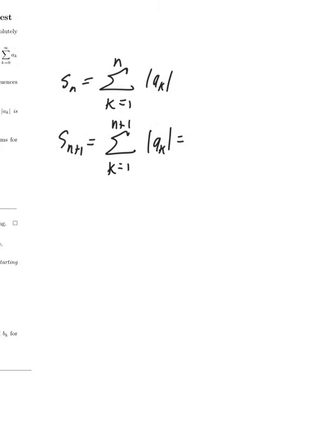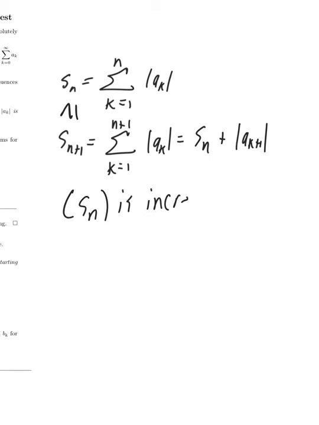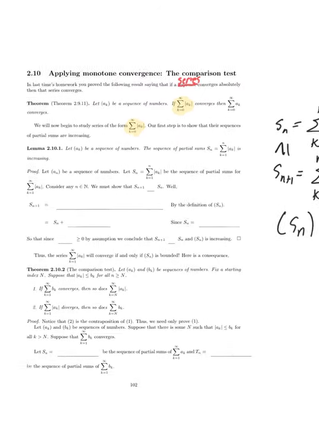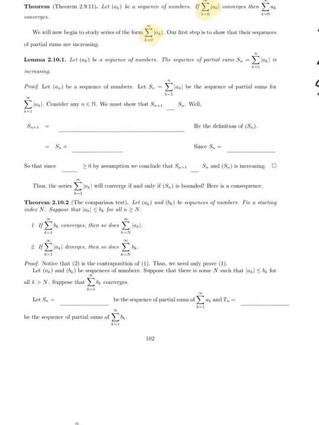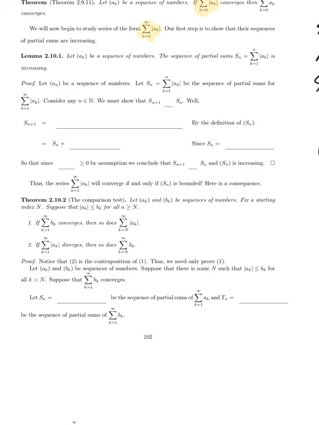Well, if you look at that, that's the series that has the first n terms, and then it has that last term. But if you look at this piece, it's positive, or well, I guess non-negative. It could be 0. So that means that this must be at least as big as that. So what does this mean? The sequence of partial sums is increasing. There's the first claim. Lemma 2.10.1. Let ak be a sequence of numbers, then the sequence of partial sums,